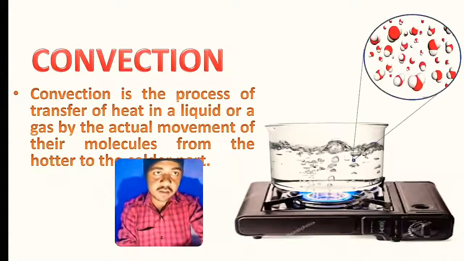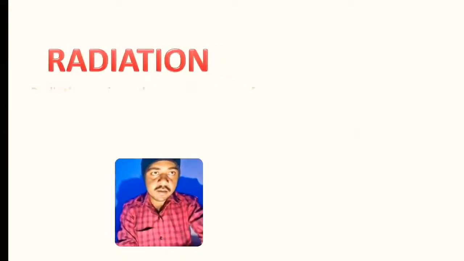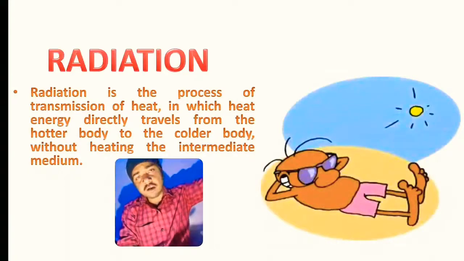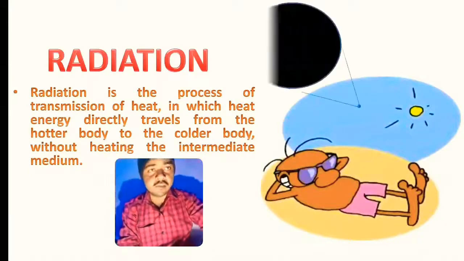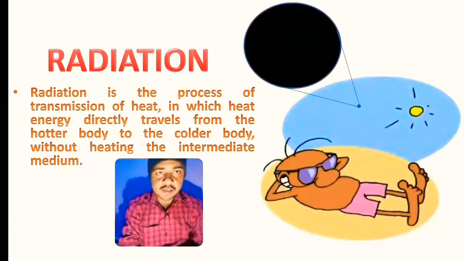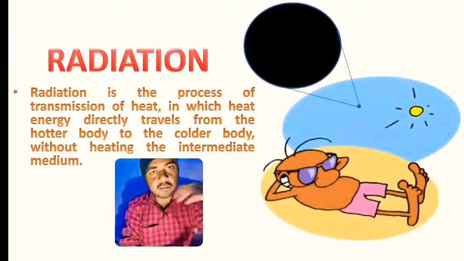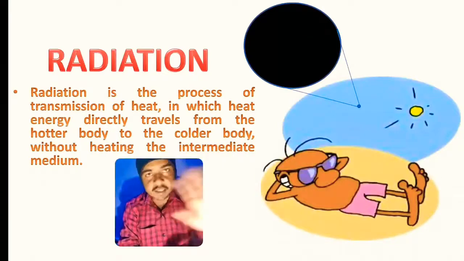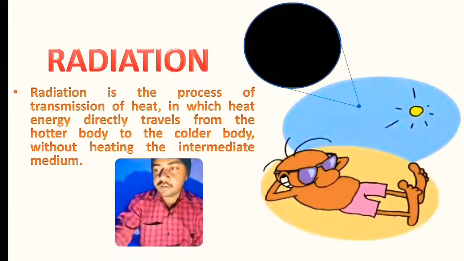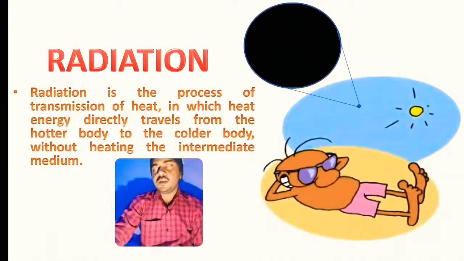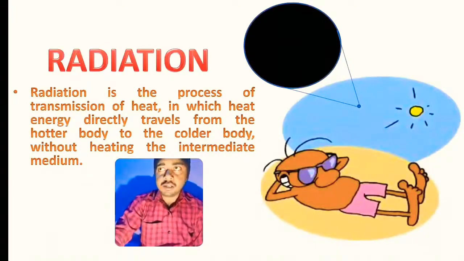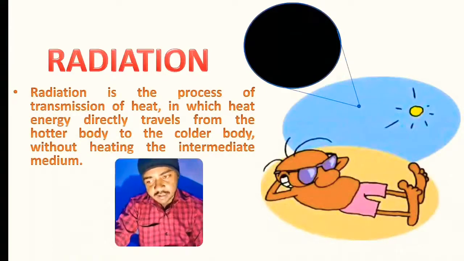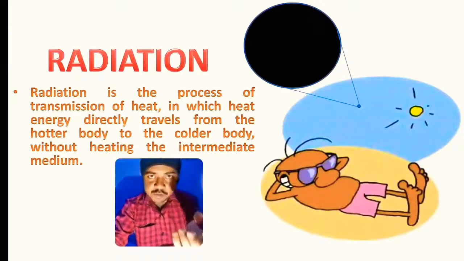But in radiation, we can heat the earth with the sun, which is far, far away, and there is nothing present in between. If you zoom out to space, there is nothing, it's just simply black, nothing else, not even light. Then how does this magic happen? This is a very interesting question. If there is nothing, then how does that heat come to us?